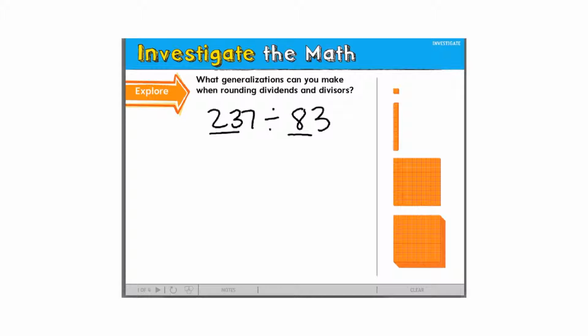So between 8 and 23, what is something I can do to make that into a fact family? What's something I can change to make that something that's easy to divide in my head? So the 23, make it a 24? Because 8, 3, and 24 are a fact family. So if I change this 23 and make it a 24, which I'm really making that 237 into a 240,